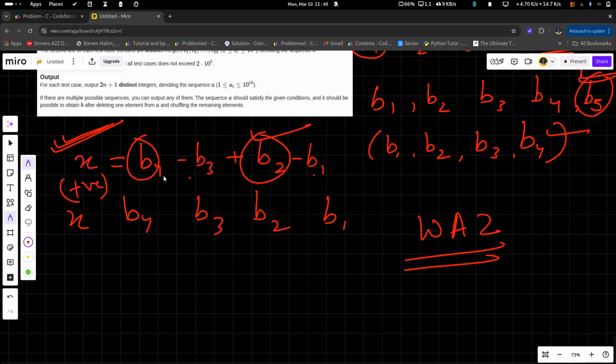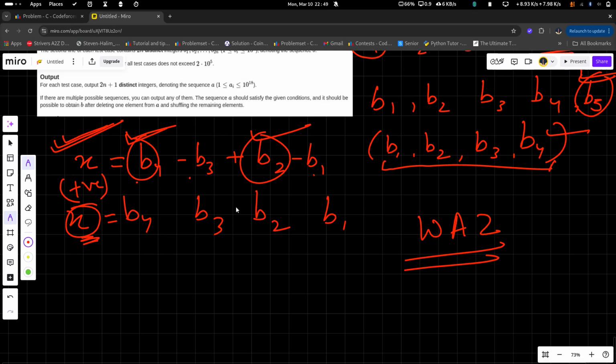If this is positive, it means b4 plus b2 is greater than b3 plus b1, right? That's why I sorted the b array. But what I forgot is that I can make a number x which is also equal to b4 or b3 or b2 or b1 when I do it like this.